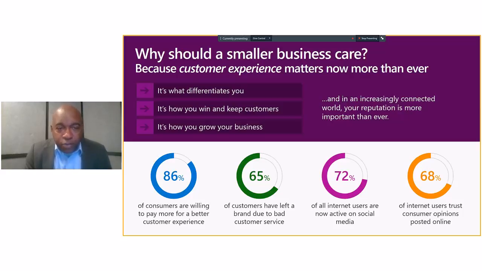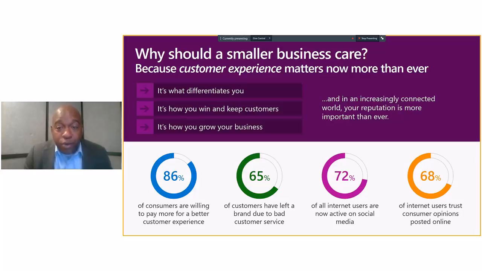86% of consumers are willing to pay more for better customer experience. 65% of consumers have left a brand due to having a bad experience. The numbers talk for themselves. 72% of all internet users are now active on social media. So these numbers all paint a picture.